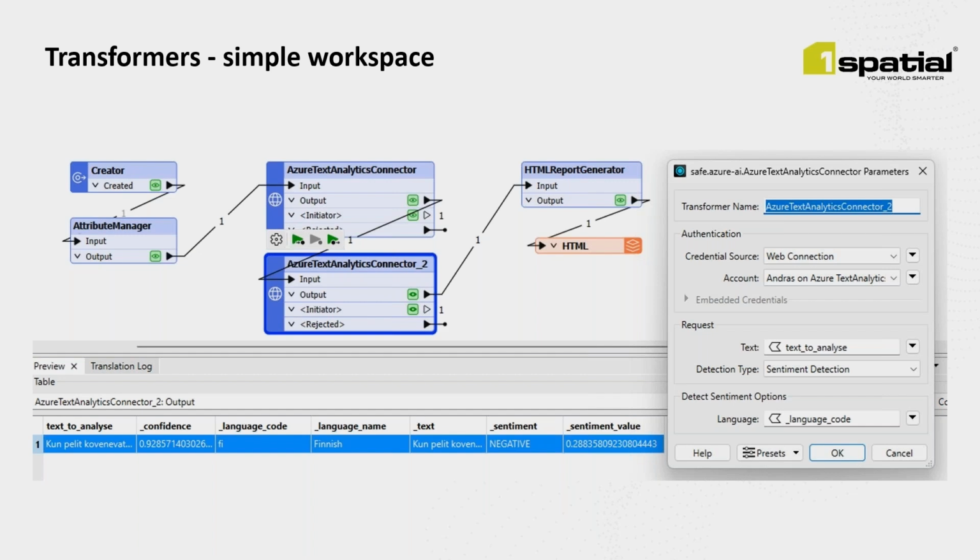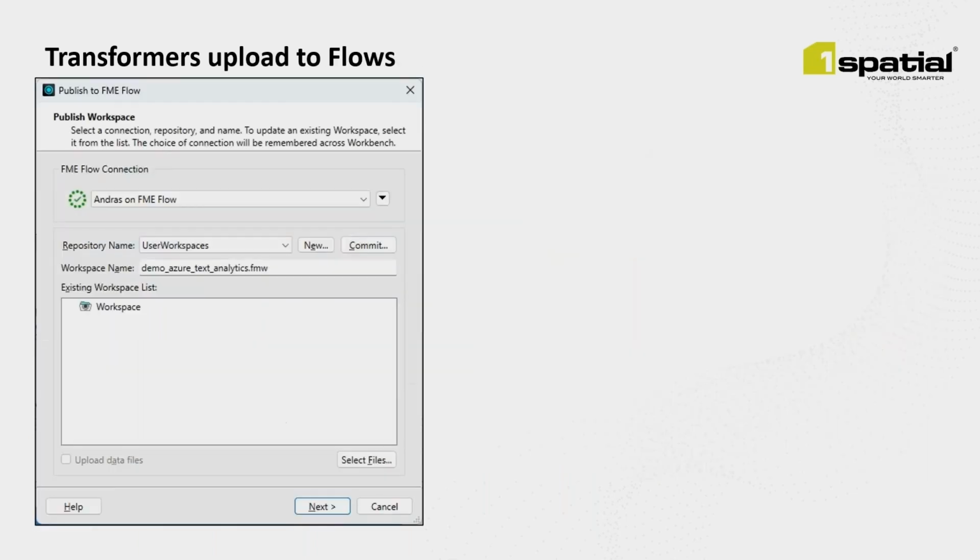I also added an HTML report generator and an HTML writer, so it can be used in FME Flow. And now I will show what is uploaded to FME Flow when these connectors are used. So, uploading the workspace. At the next step,